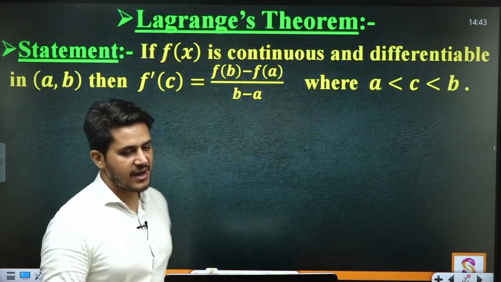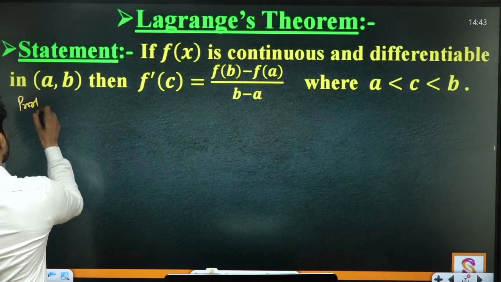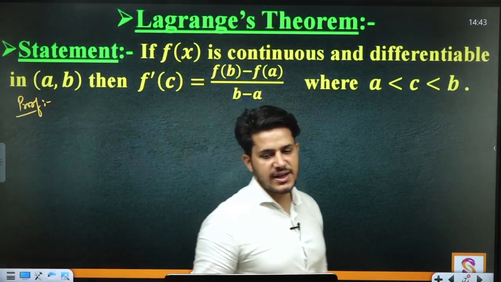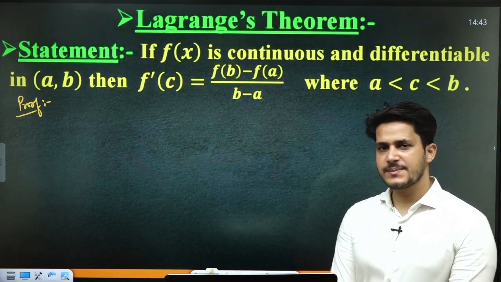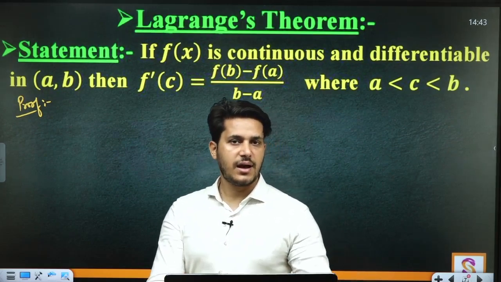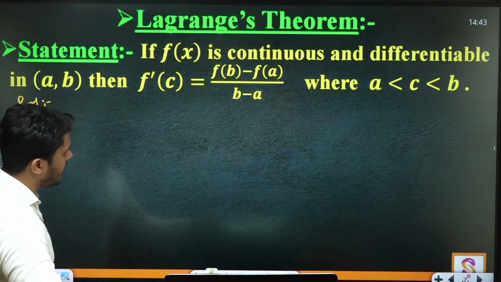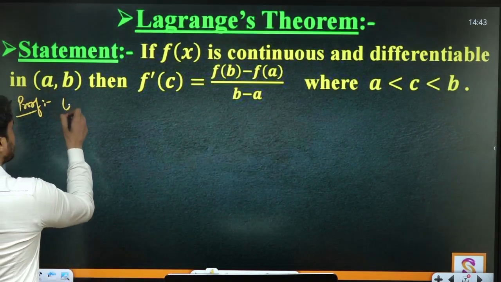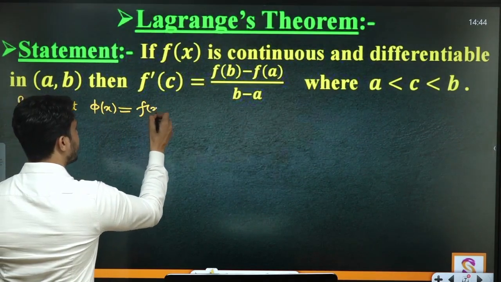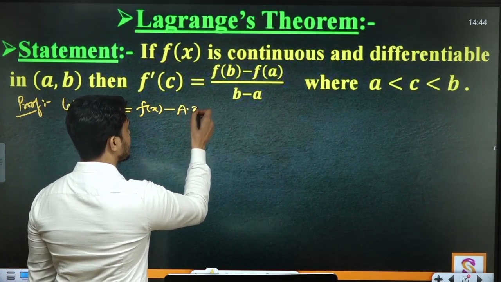तो इस वाले स्टेटमेंट में क्या करेंगे, देखो ऐसे प्रूफ, इसका प्रूफ देखो। तो इसके इस प्रूफ में आप कहेंगे कि f(x) कोई फंक्शन है, f(x) is any function, and another function phi, phi यहां पे कंसीडर करना है, and you have to remember this phi, and after that the whole theorem is very easy. क्या, let phi(x) is equal to f(x), हाँ phi(x) equal to f(x) minus some linear coefficient Ax.